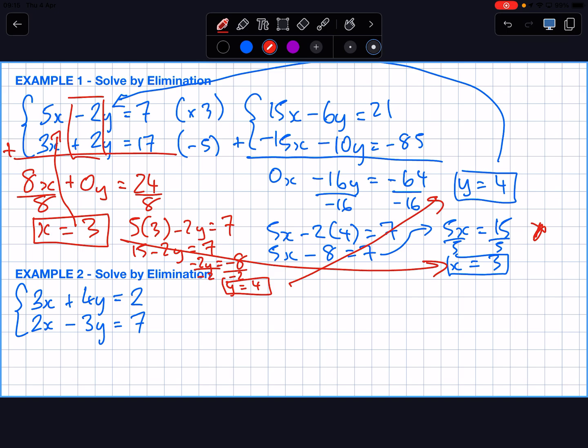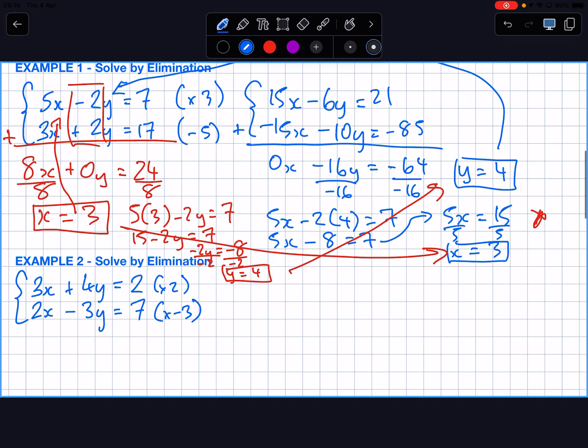I need them the same size, but opposite sign. So what would I have to do to the top one to make it the same size, opposite sign as the bottom? Good. Times the top one by 2. What would I need to times the bottom one by to get it? Negative 6 instead. What kind of a 3? Because right now it's positive. I need it to be negative 3. Okay, so write the